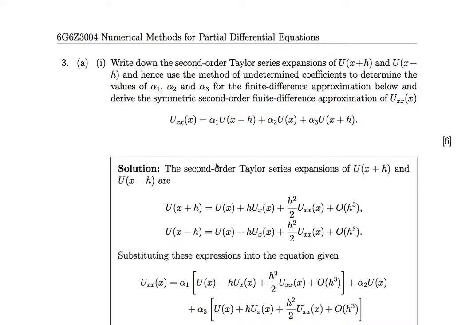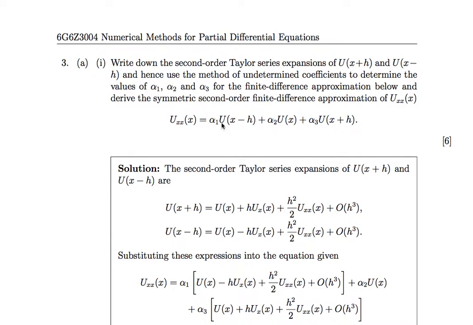In this video I'll be talking through the solutions to question 3 from the 2016 examination paper for numerical methods for partial differential equations. So here's question 3. The first question is all about using the method of undetermined coefficients to derive a finite difference approximation for this second order derivative. Okay, so undetermined coefficients, these are alpha 1, alpha 2 and alpha 3, and these are multiplied